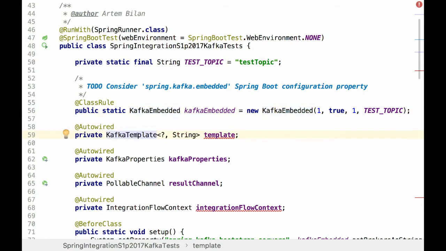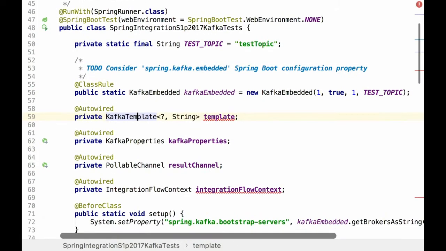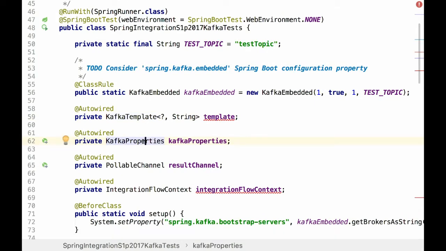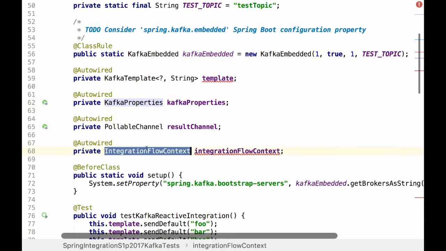Kafka template is auto-configured by Spring Boot. Kafka properties are from Spring Boot as well. We need it later. Integration flow context is a new component provided by Spring Integration Java DSL for runtime flow registration.